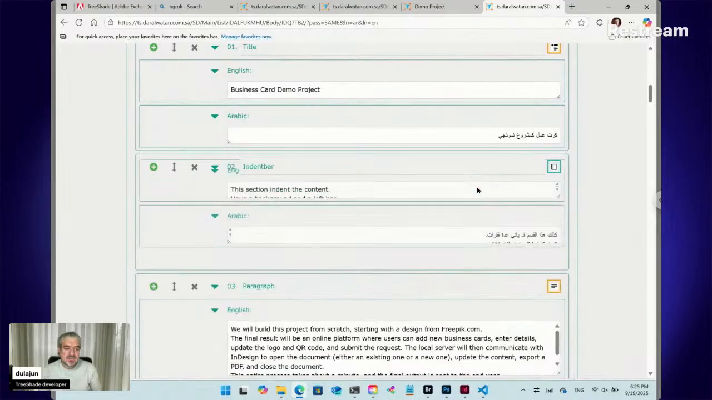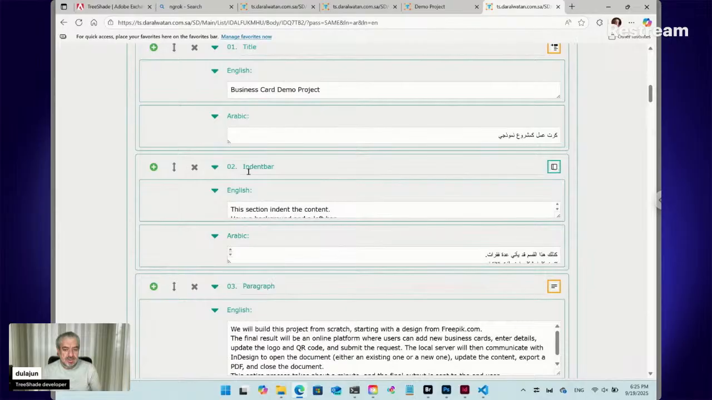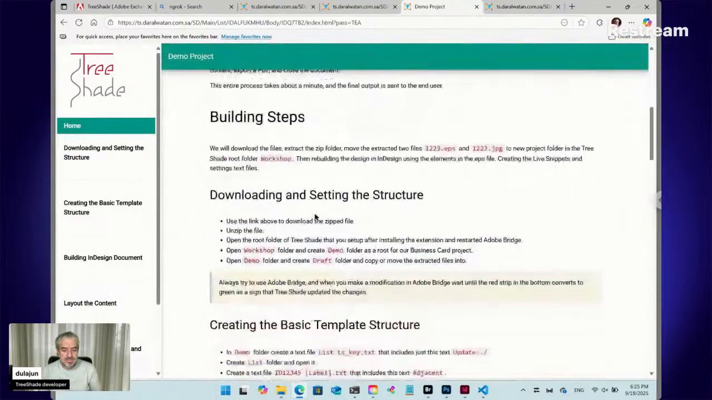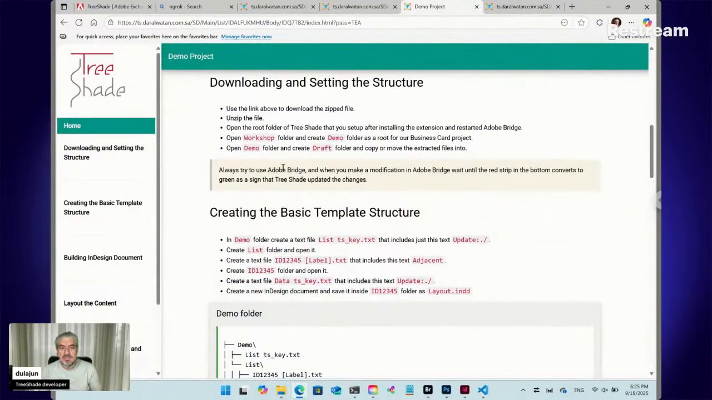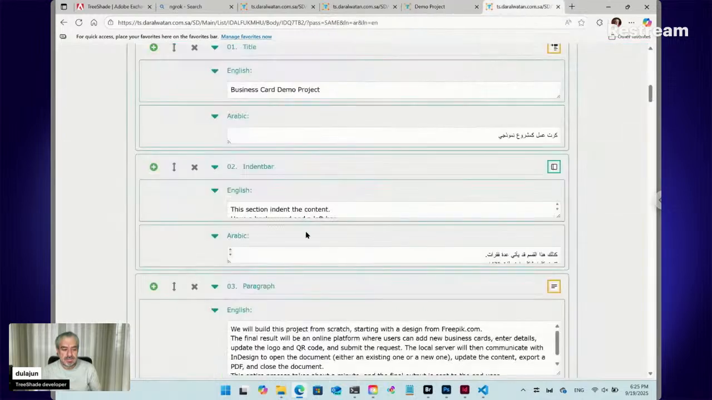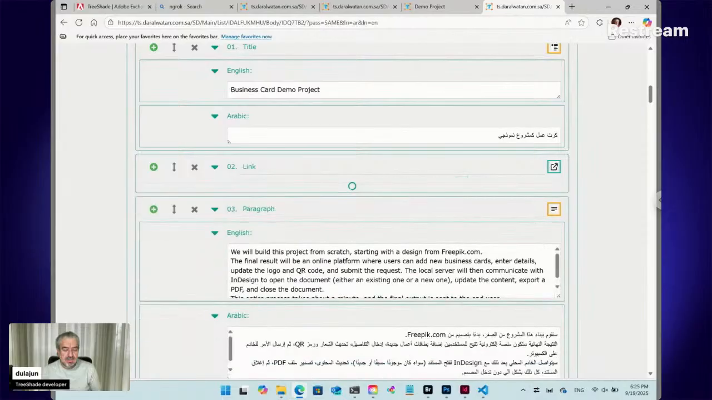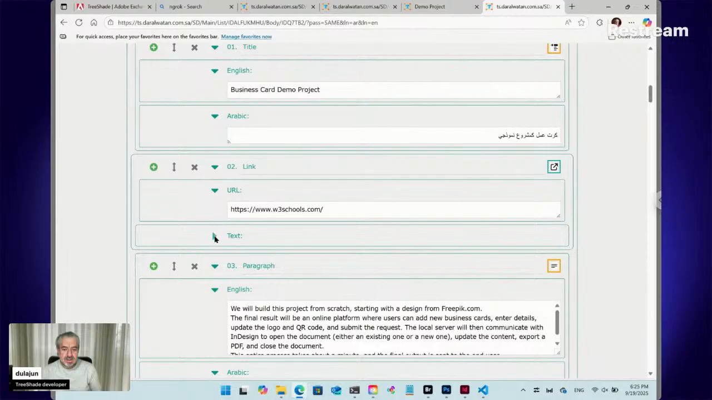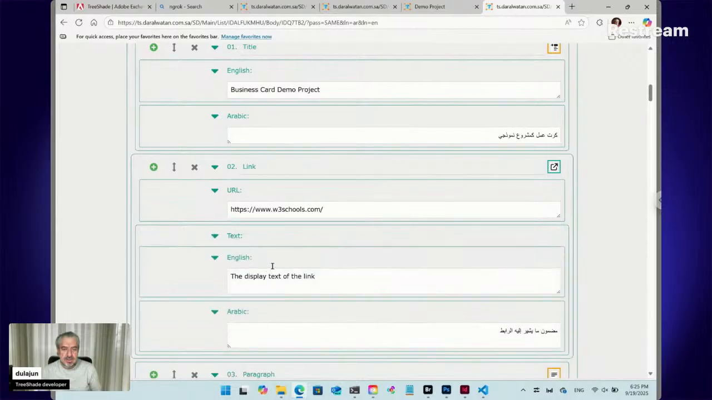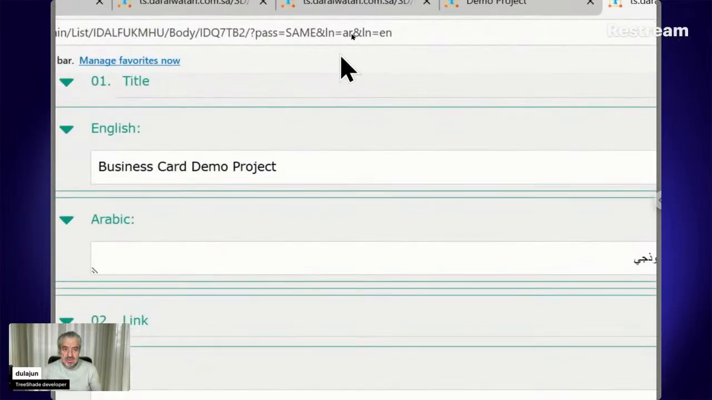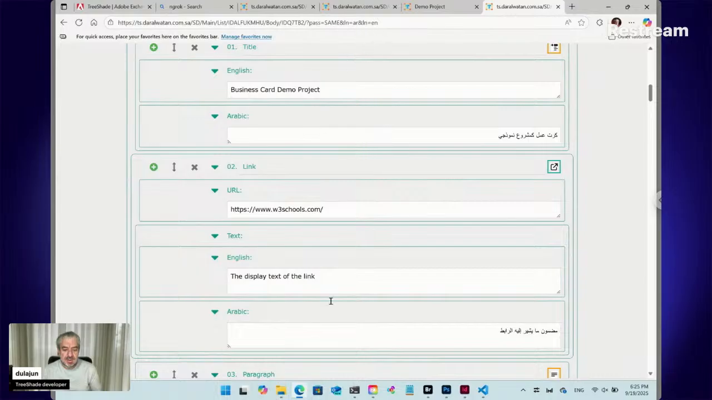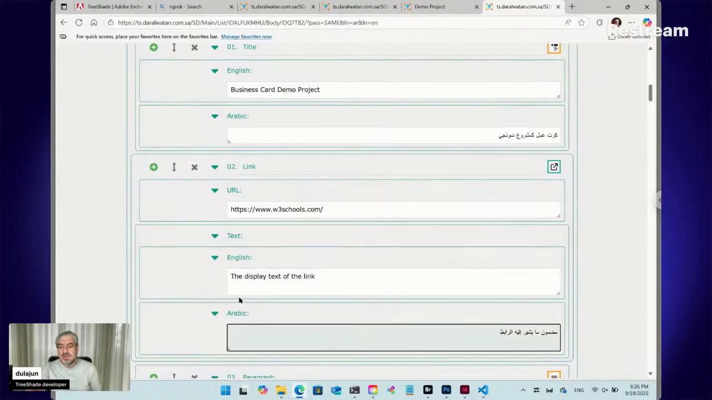Here you have left bar, indent bar, like this, indent bar. You have link, you can add a link, the URL and the text. And because here I have two languages, ln equal AR and ln equal EN, English and Arabic, I have two inputs. Anyway,